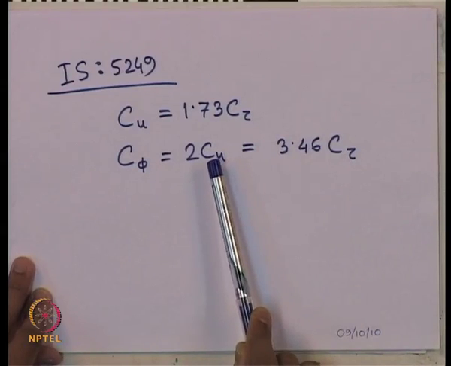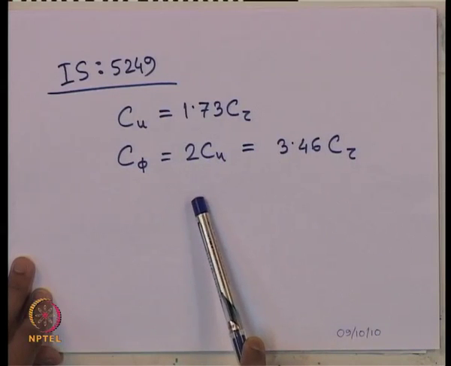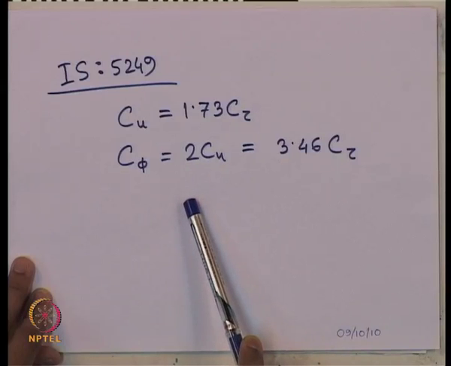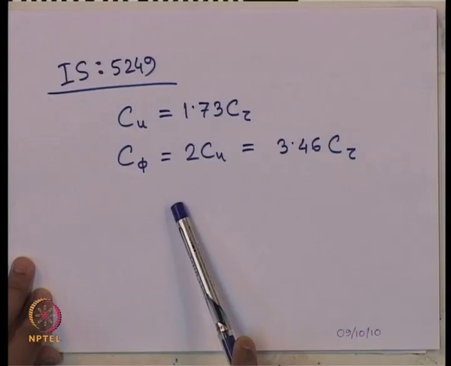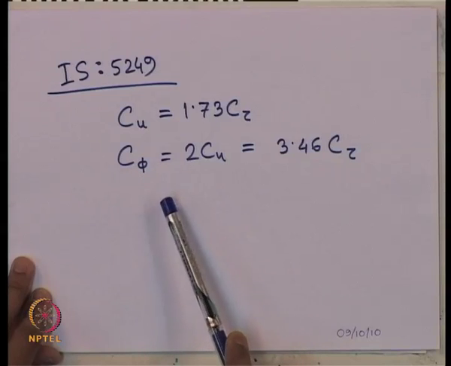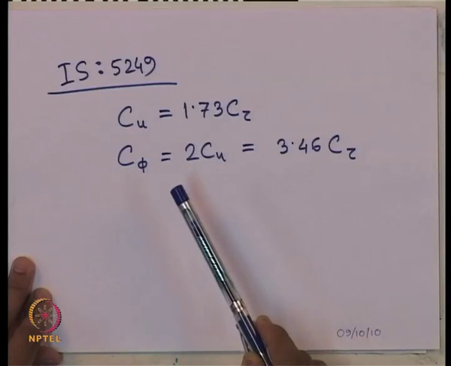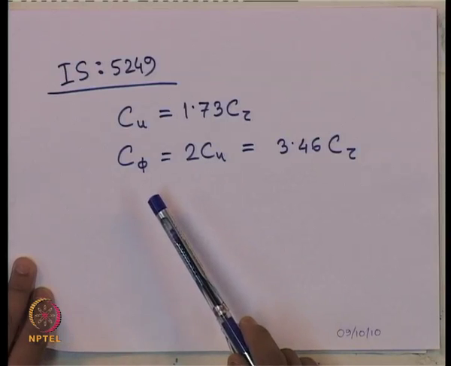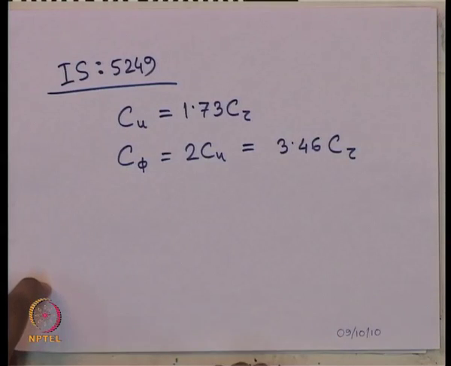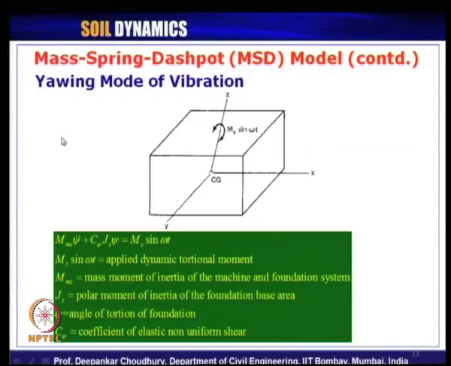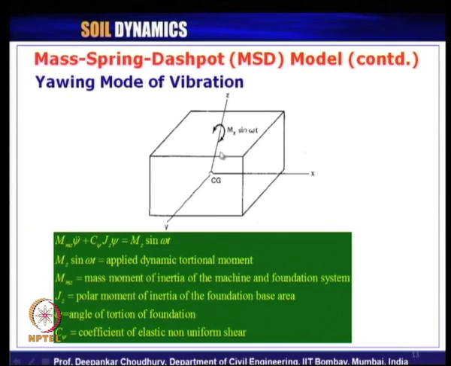And why is it required? Once we can compute these values of the coefficients, we can get the corresponding stiffness, whether kz, kx, k phi or k psi. That can be used in our expressions to compute the natural frequency, the displacement, etc. Now, coming to today's lecture, yawing mode of vibration is another mode of vibration, in which case the